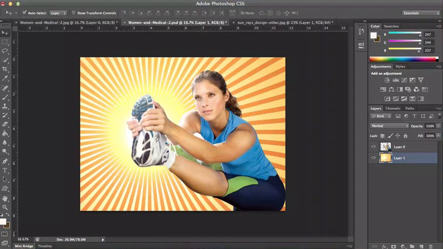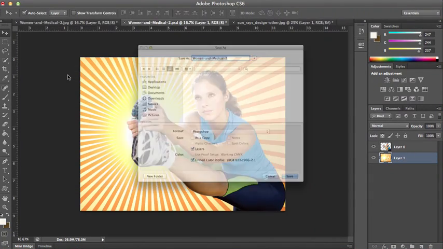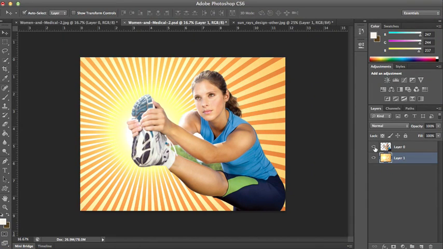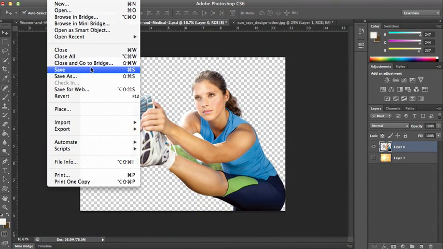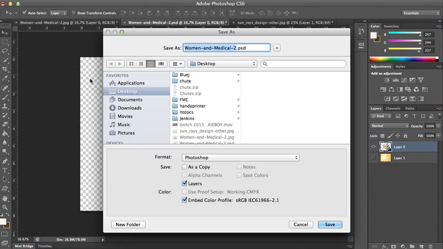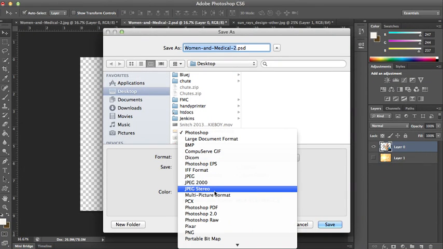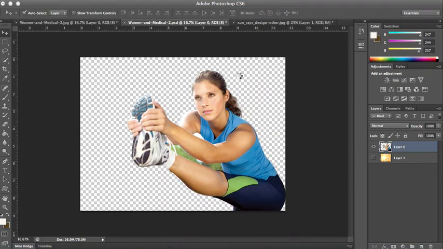Also, another thing that I usually forgot to mention in the last video is to save it. Go up to File, Save As, and if you just want the background, let me go ahead and cancel right here. If you just want the background, say that you cut out the image from the background, you want to save it as a PNG file, which is known as Portable Network Graphics. To do this, go up to File, Save As, change the format from a Photoshop PSD, which is an actual Photoshop document, and scroll down until you find PNG. Now what this will do, if we go ahead and save this and click OK,